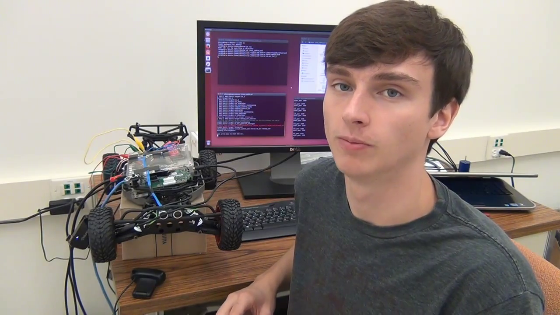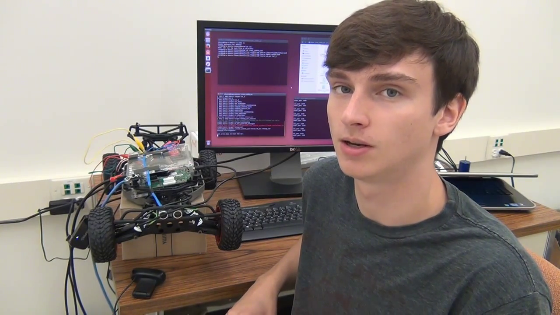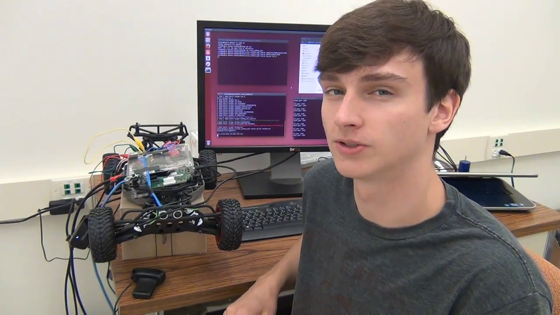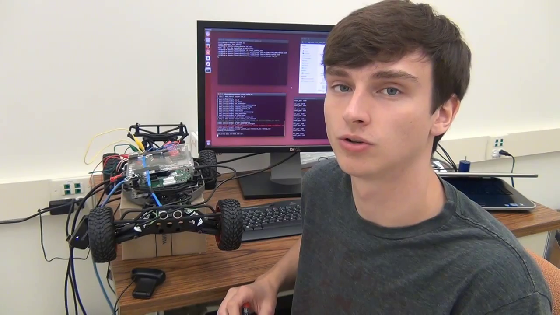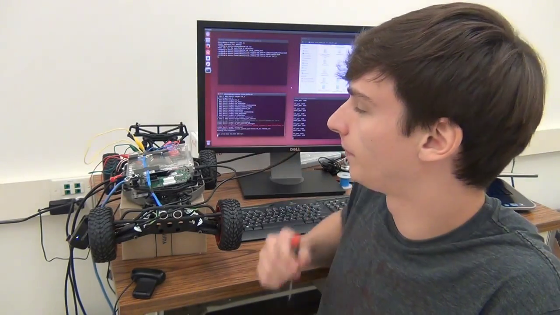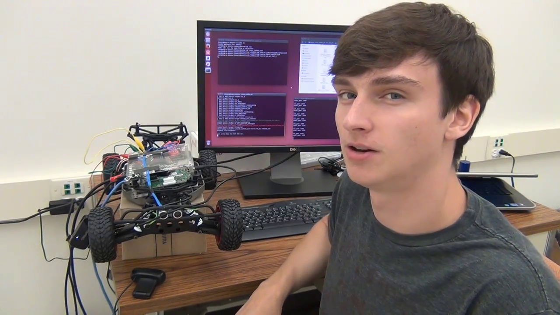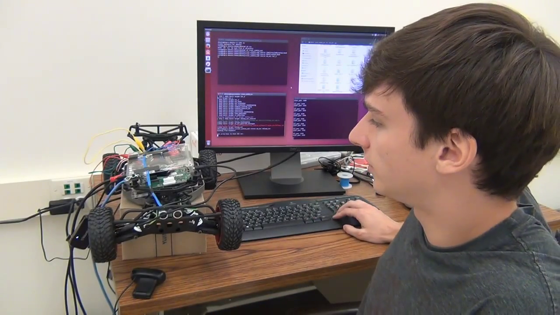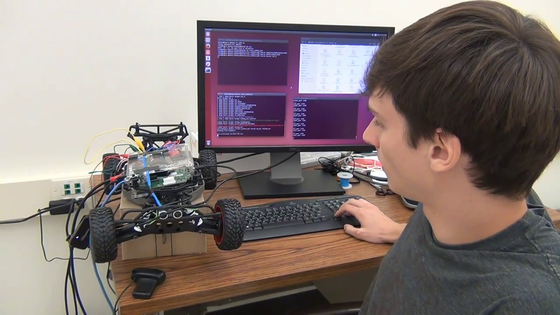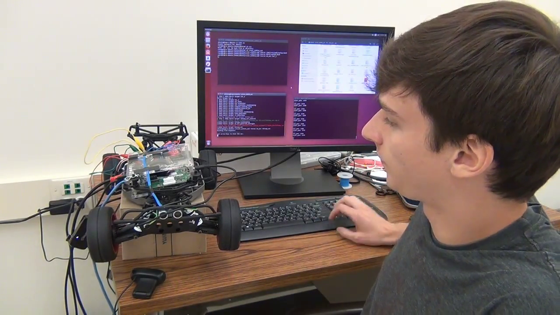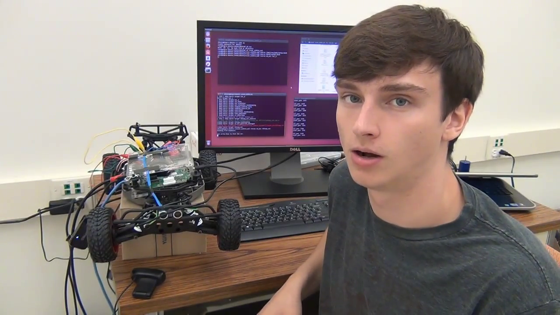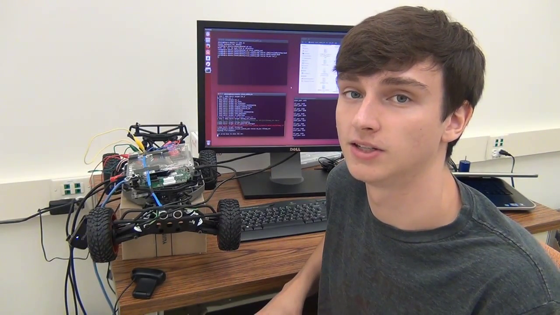Our goal is to implement adaptive cruise control and lane keeping on this scaled car that I've been working on over the summer. Using the formal techniques, I can use MATLAB to come up with a correct by construction controller and then upload onto this computer. The computer will then use sensor data on the car in order to control the steering and the wheel speed in order to keep the car on a safe path and a safe distance from other